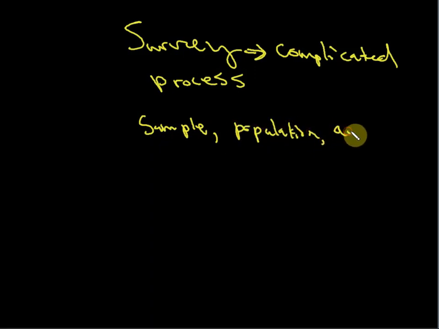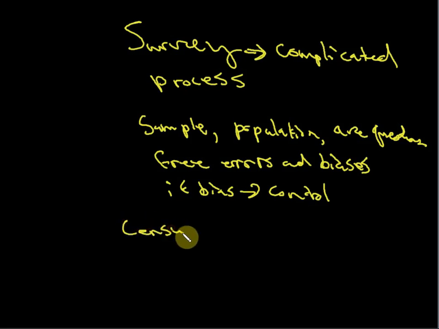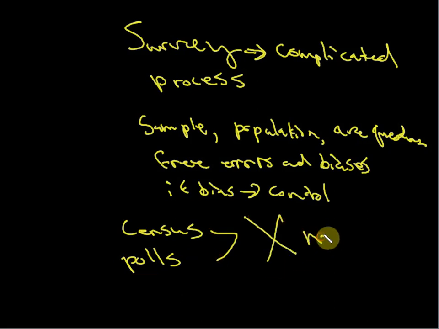Are the questions free from errors and biases? Oh, then if it has a bias, how do you control? And so, a lot of people will mention the census and polls,